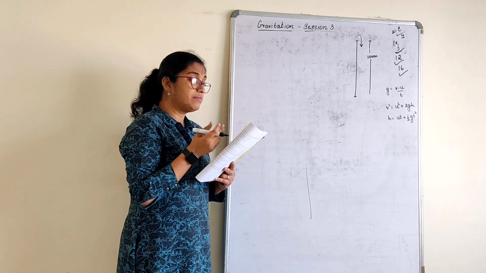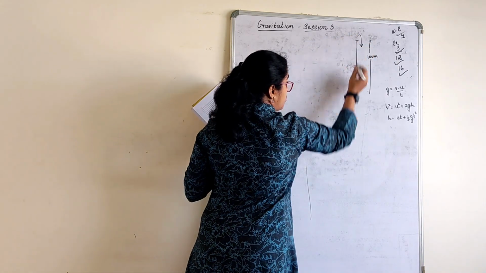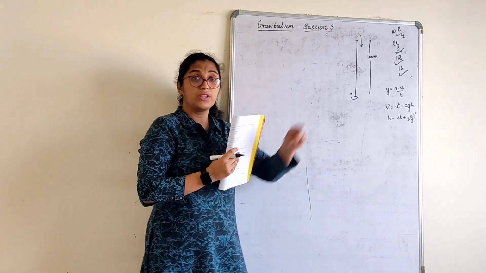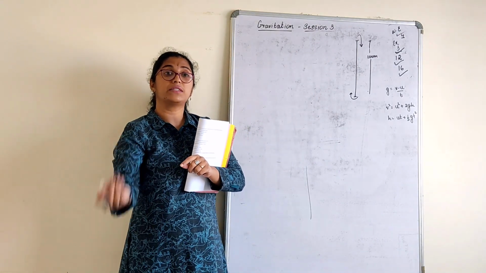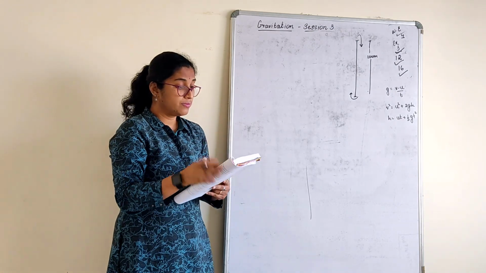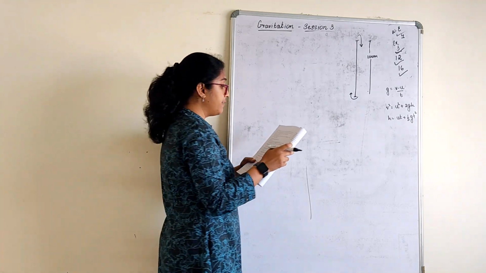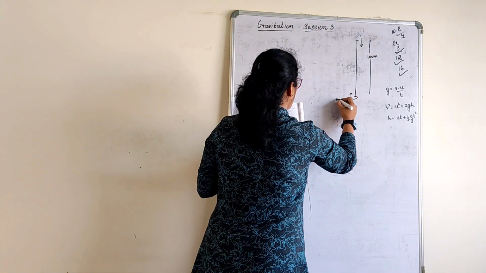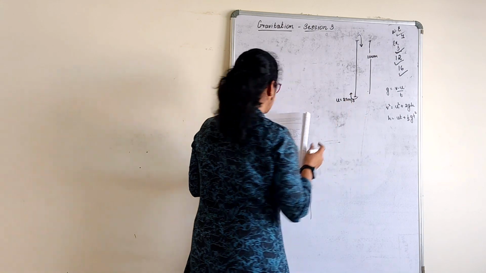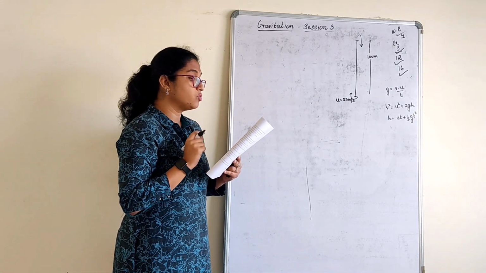At the same time, another stone is projected vertically upwards. When we throw a stone down, at the same time, another stone is thrown from this side. So somebody is throwing from top and another person is throwing from down, right? Of the same tower only. At the same time, another stone is projected vertically upwards from the ground with velocity 25 meters per second. We'll write it in the given later. Calculate when and where the two stones will meet.